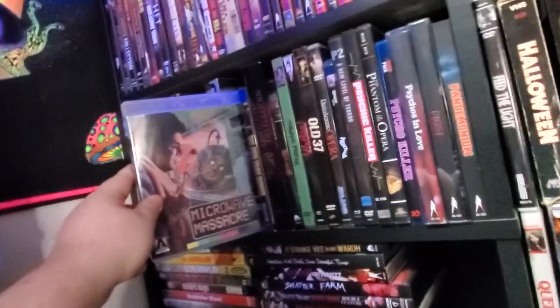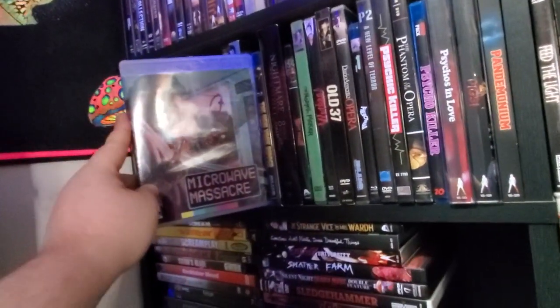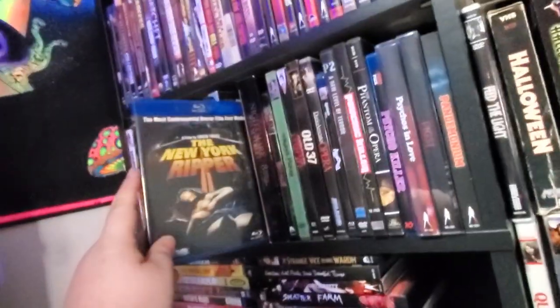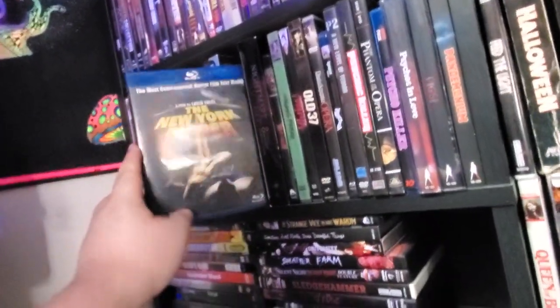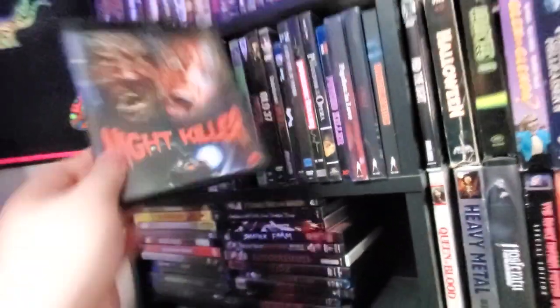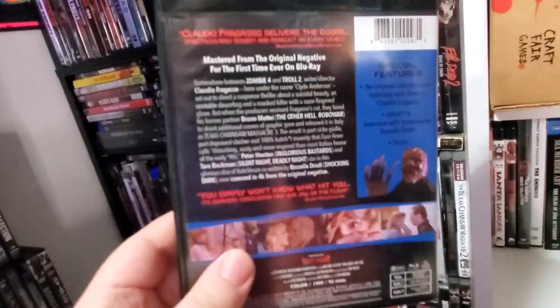We got Microwave Massacre. Never thought this would have a Blu-ray release. Now that it does, I'm kind of not surprised about other things that have Blu-ray releases since it came out. New York Ripper, great, disturbing, misogynistic, giallo trash. Speaking of disturbing, misogynistic trash, we got Night Killer, which is a weird